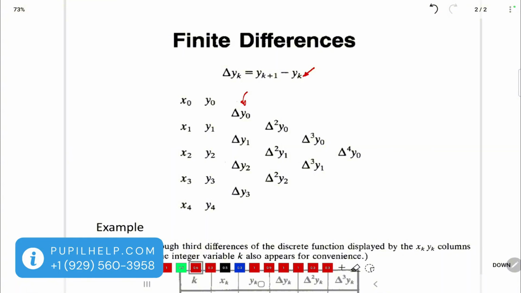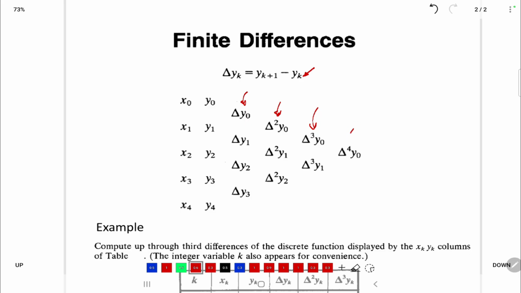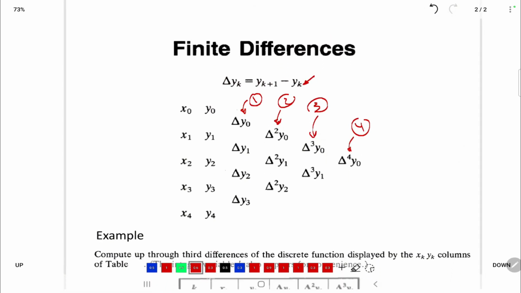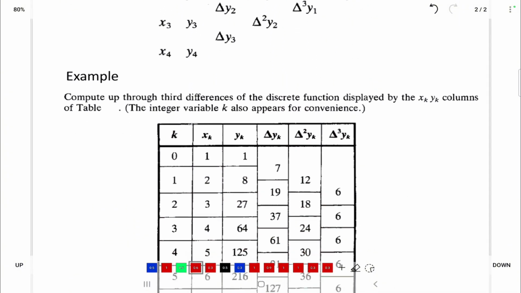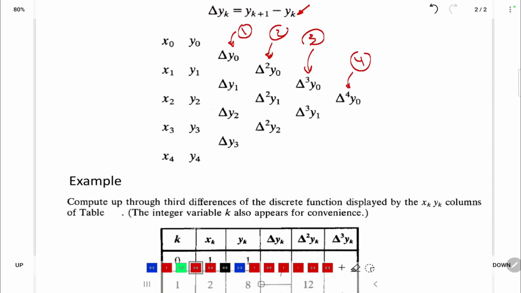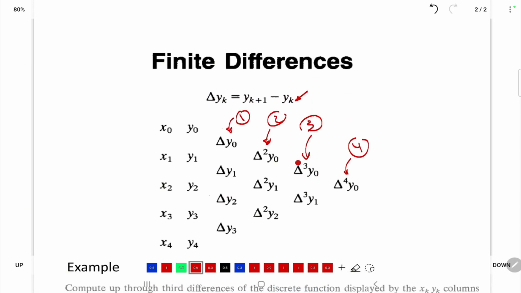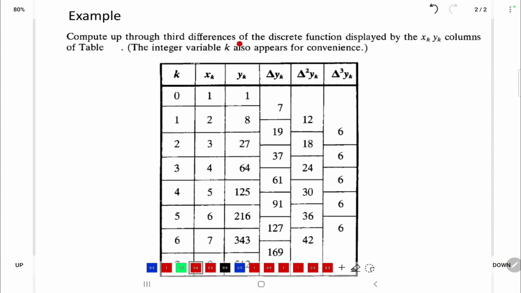So this is the first difference, this is the second, this is the third, and this is the fourth. So you see 1, 2, 3, 4: the first, second, third, fourth differences. We will highlight this one fully in this example. Compute up through the third differences. So third differences means up to this difference. Third differences are the discrete function displayed by the x sub k and y sub k columns